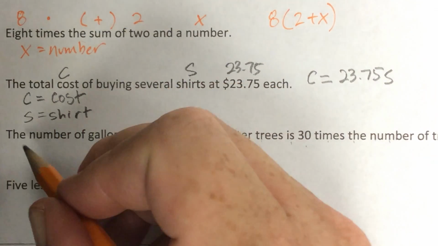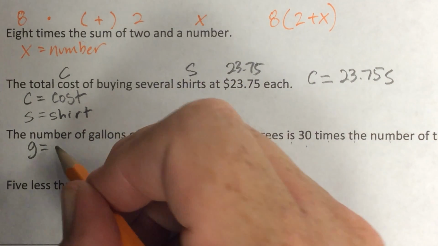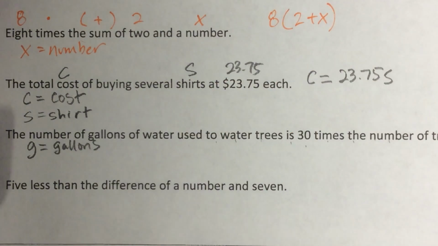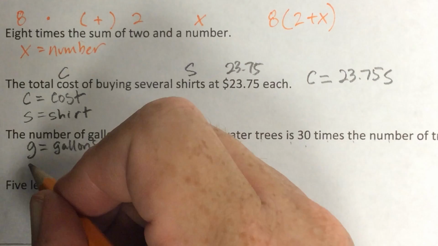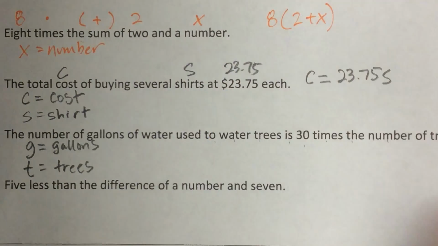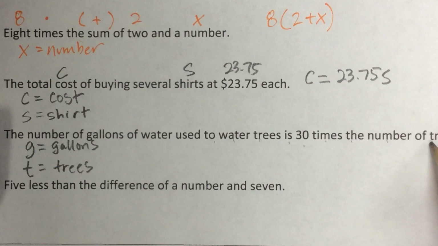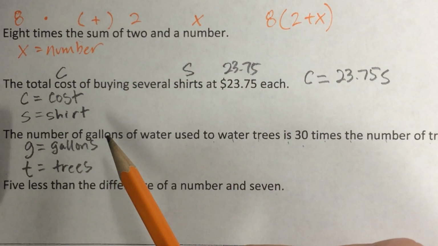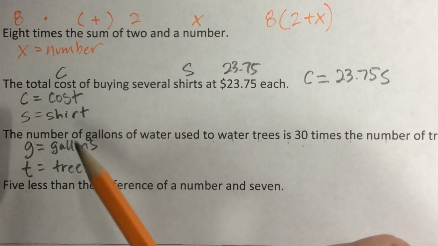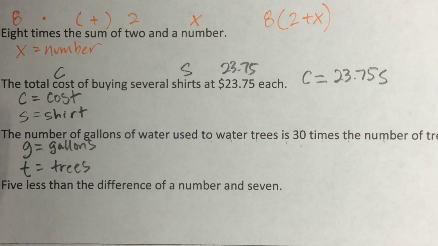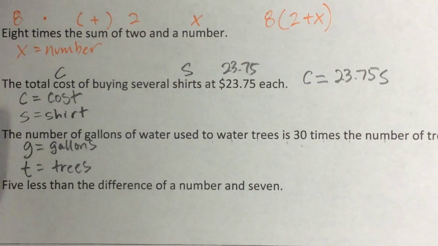So one variable is going to be the gallons of water. So I'll use G for gallons. The other variable is going to be the number of trees. Okay. The more trees that we have to water, the more gallons we're going to end up using. Okay. So both of these things are variables because both of these things can change in the course of the problem. So now I want to write out an